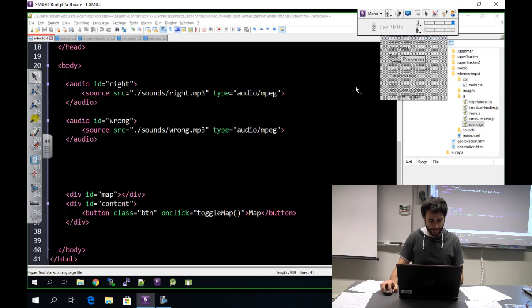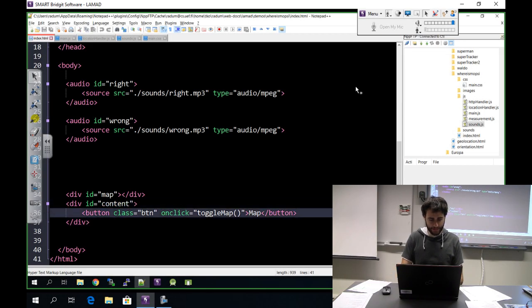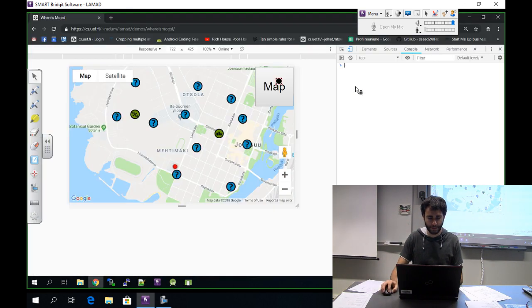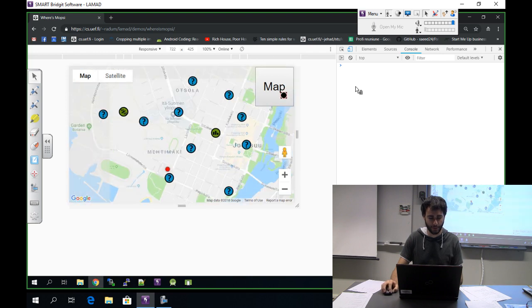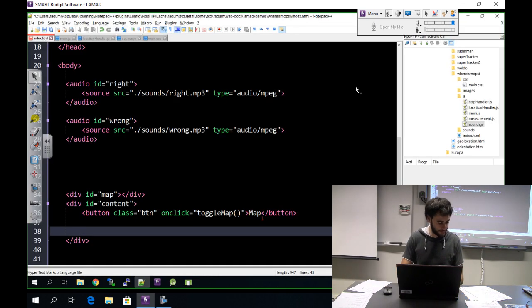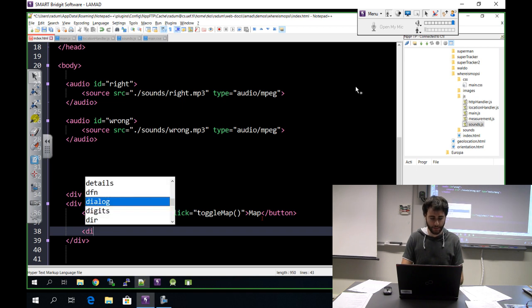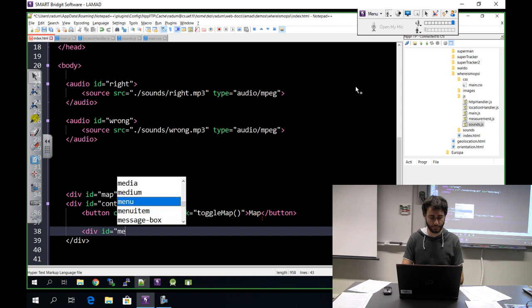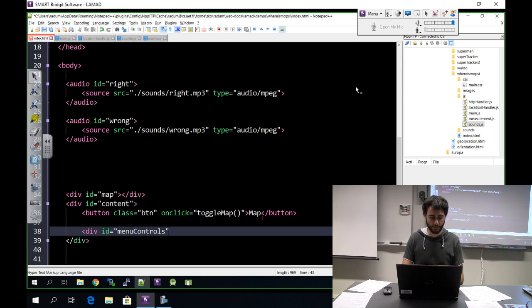So in the content now we have here one button for this map that is used to toggle this map. If the user interacts and wants to show again everything on the screen, he can use that. And I'm going to use this place for the menu controls. So I'm going to write a div with the ID menu controls,